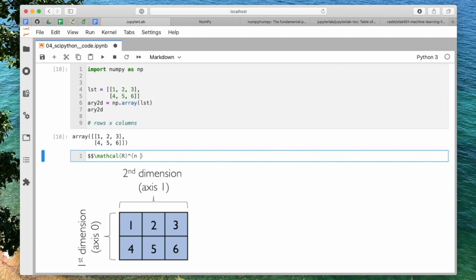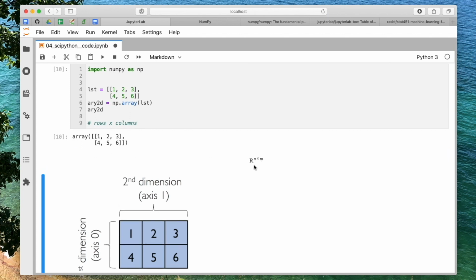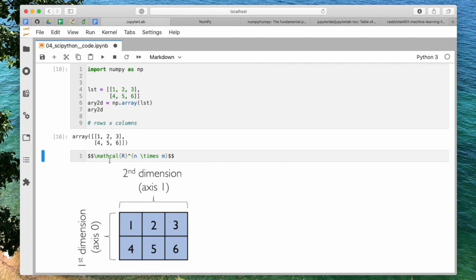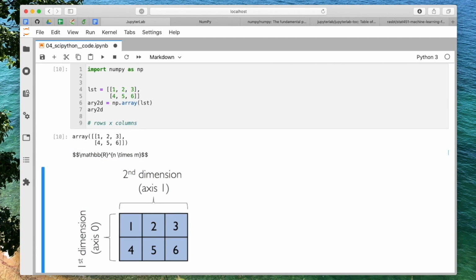Let's say n times m dimensional. I think it should be math BB. Always confuse these two. So this would be n rows and m columns. And similarly in NumPy, we have axis 0 for the rows, so 1, 2 rows, and axis 1 for the columns, so 1, 2, 3 columns. So this would be a 2 by 3 matrix.